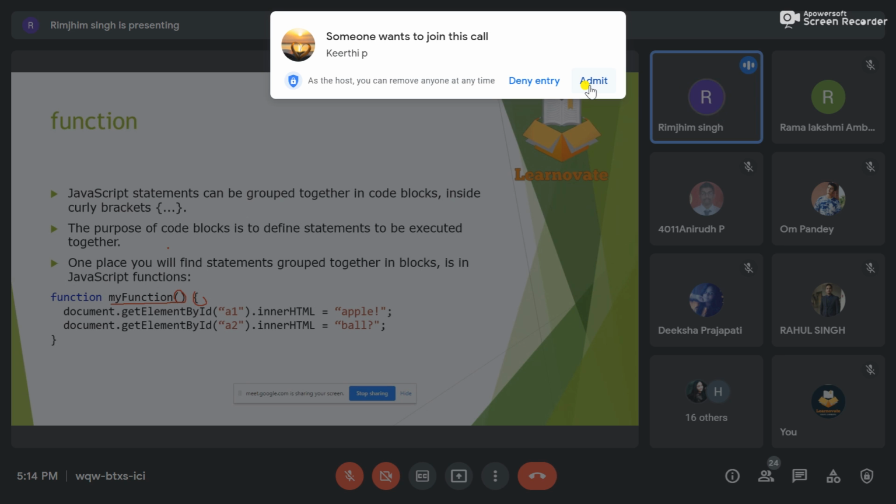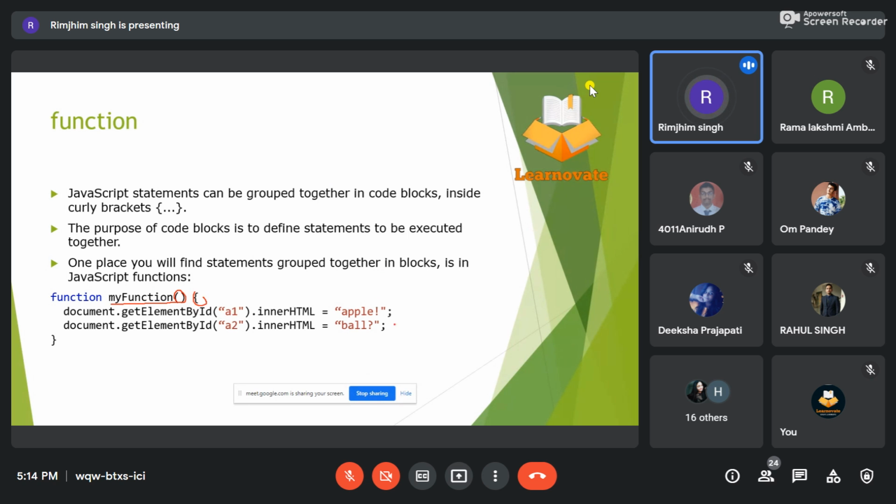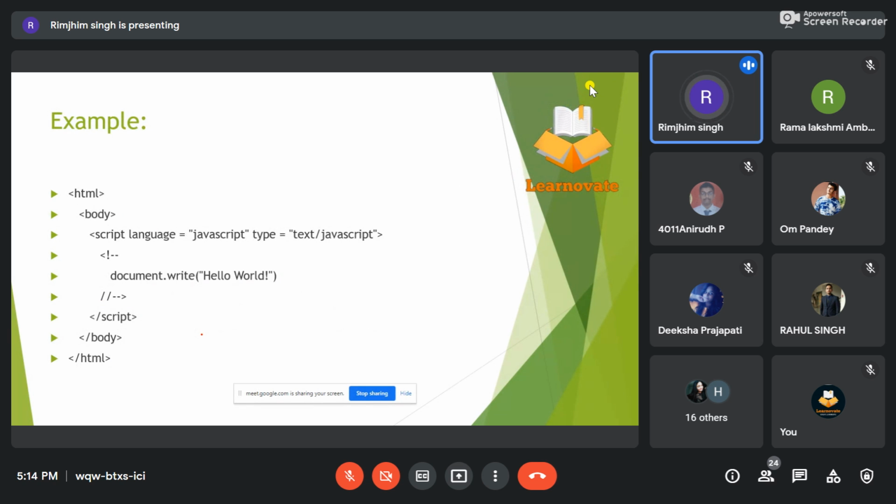So the main advantage of why we use a function is this: if I'm declaring a function in the body section or in the header section of my program, wherever, I can call that function anywhere. If I want to use these two statements which I've mentioned here at n number of places, I can just call this function by its name, which is myFunction, and then I can use these two statements anywhere without repeating the code. So this is the syntax which I'll be covering today. This is the syntax.